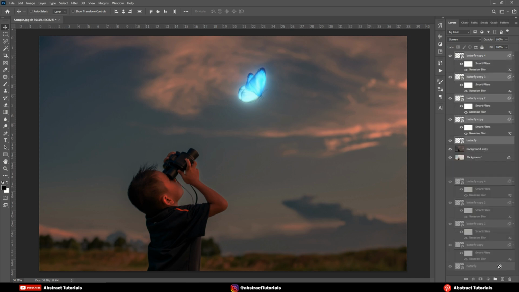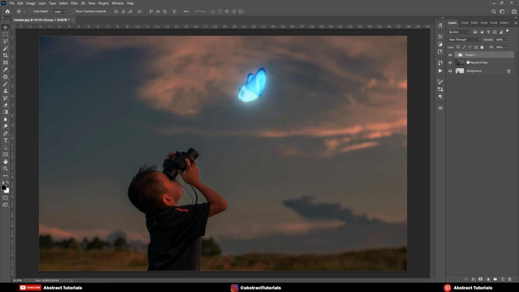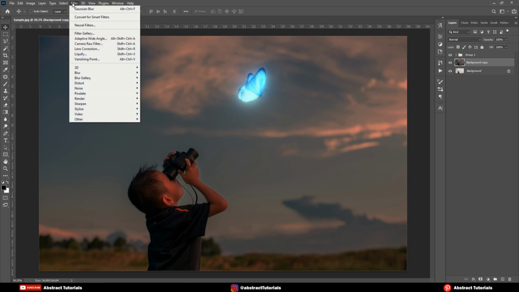Now, select all the butterfly layers. And then create a group. Select this layer. Go to Filters, Render, Lighting Effect.